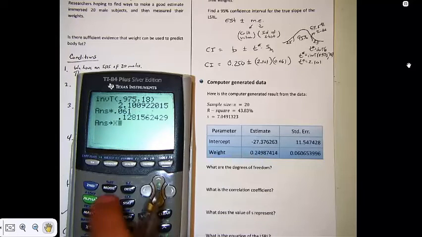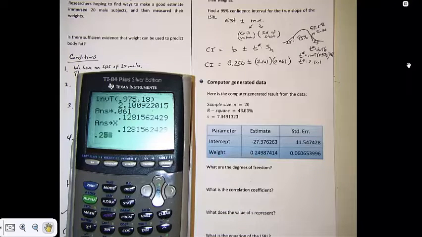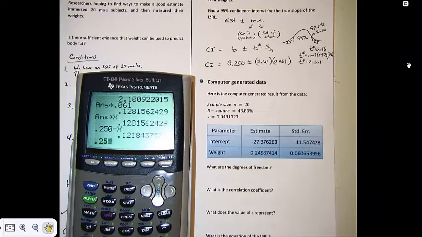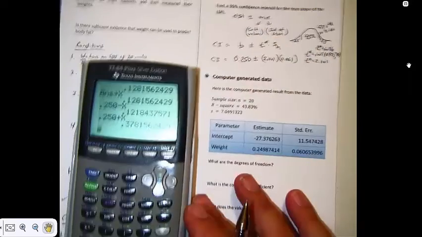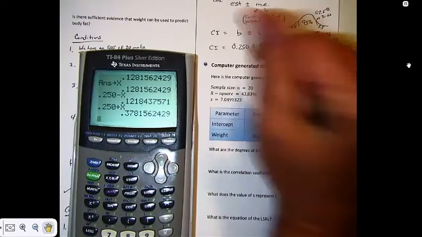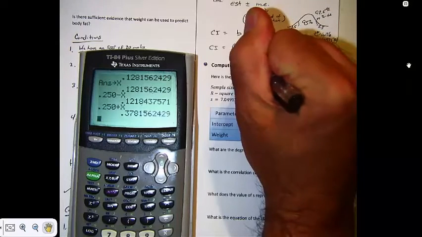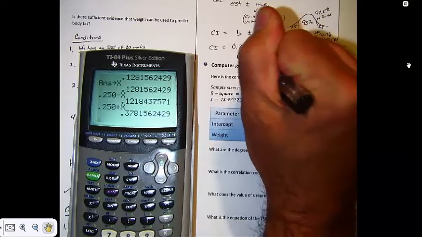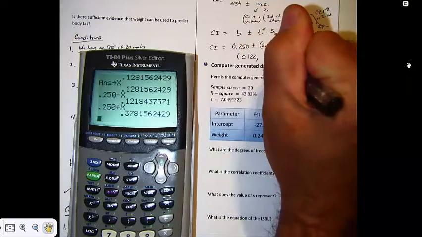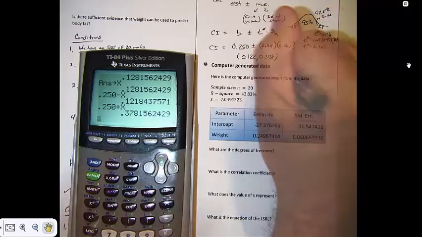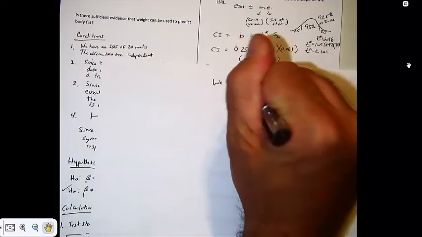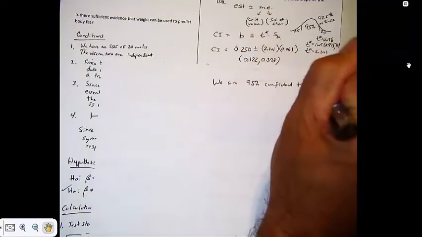I'm going to store that margin of error into variable x here. Let's take our point estimate of 0.250 and subtract x, and then take our point estimate of 0.250 and add x. And so my confidence interval here for the slope of my least squares regression line is going to go from 0.122 up to 0.378. Now, in conclusion for a confidence interval, we can now say that we are 95% confident that